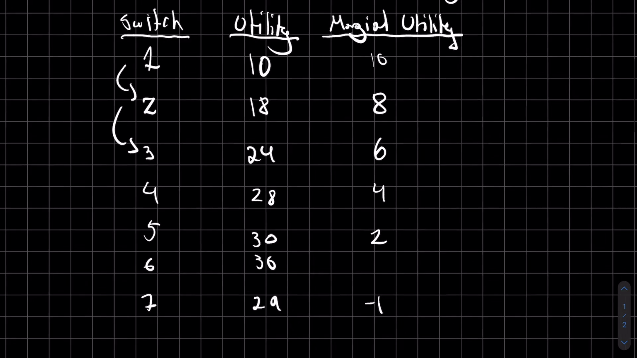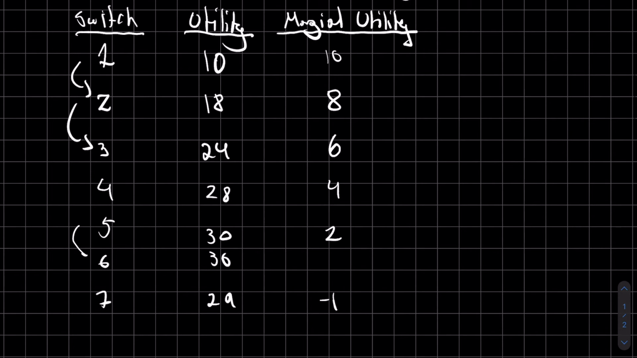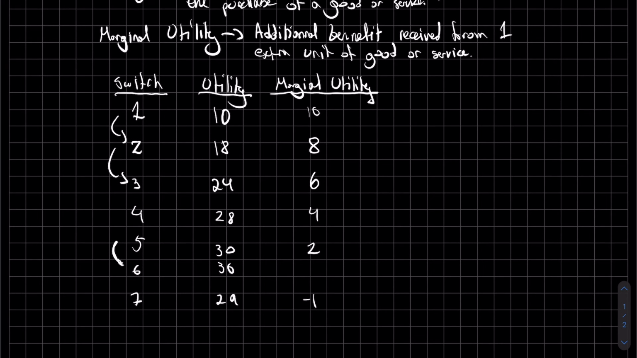You want to maximize your utility, which means, as we'll learn later on, we're going to want to stop around this 5 to 6 mark, because after this point, we start getting negative utility added on. It just wouldn't make sense to purchase anything more. So if we just erase this real quick,